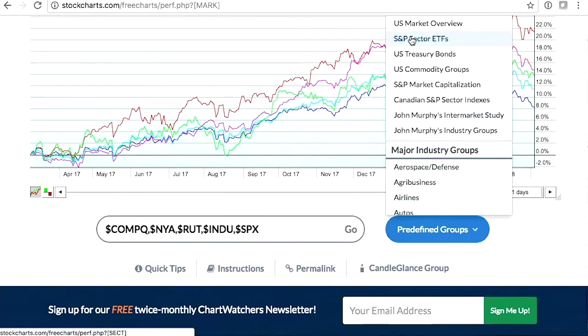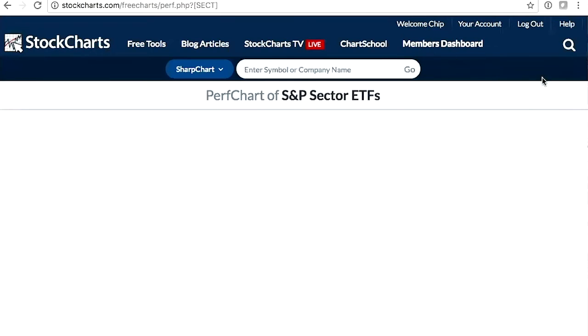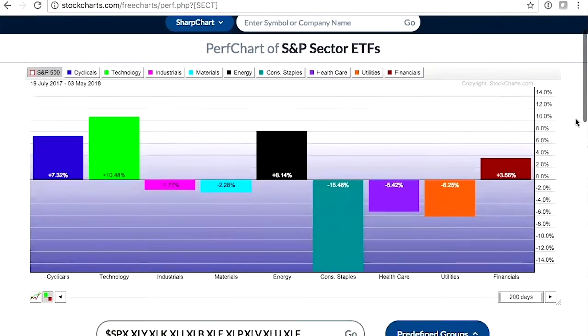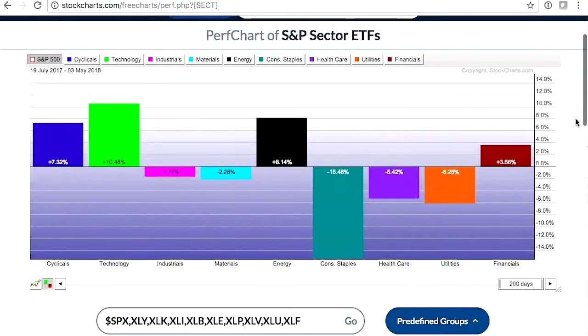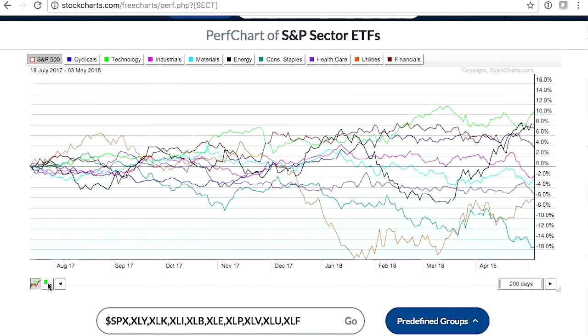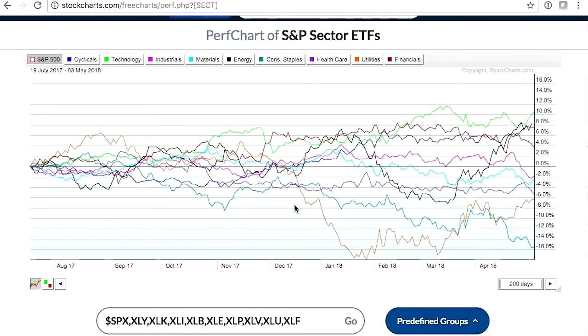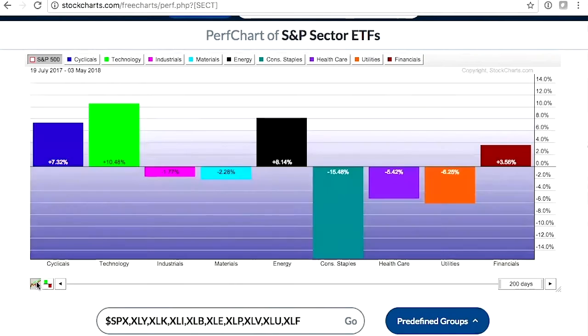So PerfCharts are very useful in and of themselves for a variety of things, not just sector rotation. But if you want to do sector rotation, you're going to go to predefined groups and select S&P sector ETFs. When you do that, we give you this page, which is a special version of our PerfChart page. And again, I've automatically changed it from line mode to histogram mode. In histogram mode, we're just taking the final values that you see here on the right side of the chart and turning them into histogram bars